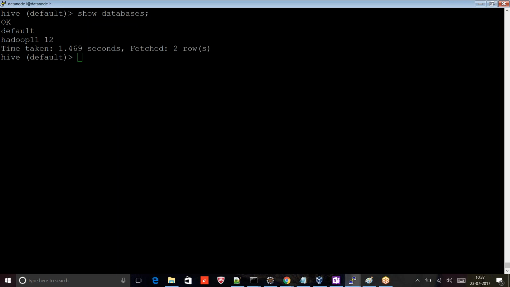So it means Hive by default gives you one database. What is that? Default database. It's not really visible, but it uses default as the database name. So if anyone asks you what is the default database in Hive, it is default itself. Okay. If you want to create your own database, create